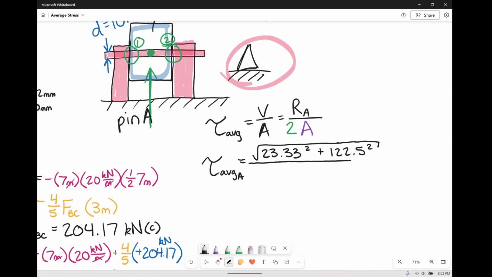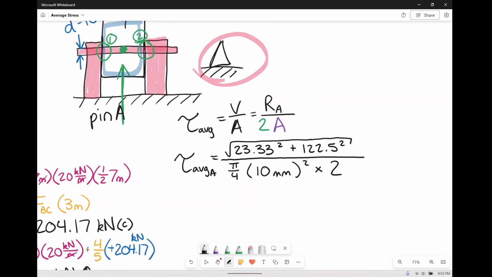That can just go away. Divided by the area, which we said was pi over 4 times 10 millimeters squared. But also times 2, because there are 2 shear planes. So what do we get in total? Again, making sure that you're keeping up with your units. Again, these forces were in kilonewtons. This is going to be in millimeters squared. So therefore, we're going to get